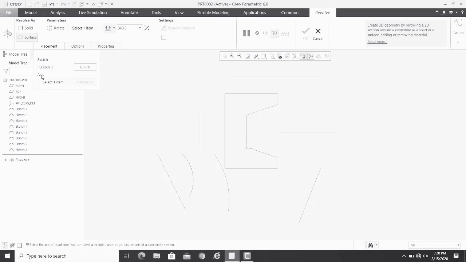And then you must also define the axis for that. The axis can be an axis, if you have defined an axis with the axis command, or it may be any straight edge. An axis is nothing, it is a straight line. So if you have straight edges within the part file or the drawing file, you can select those as axes. If I pick this straight line as an axis for revolution, you can see that